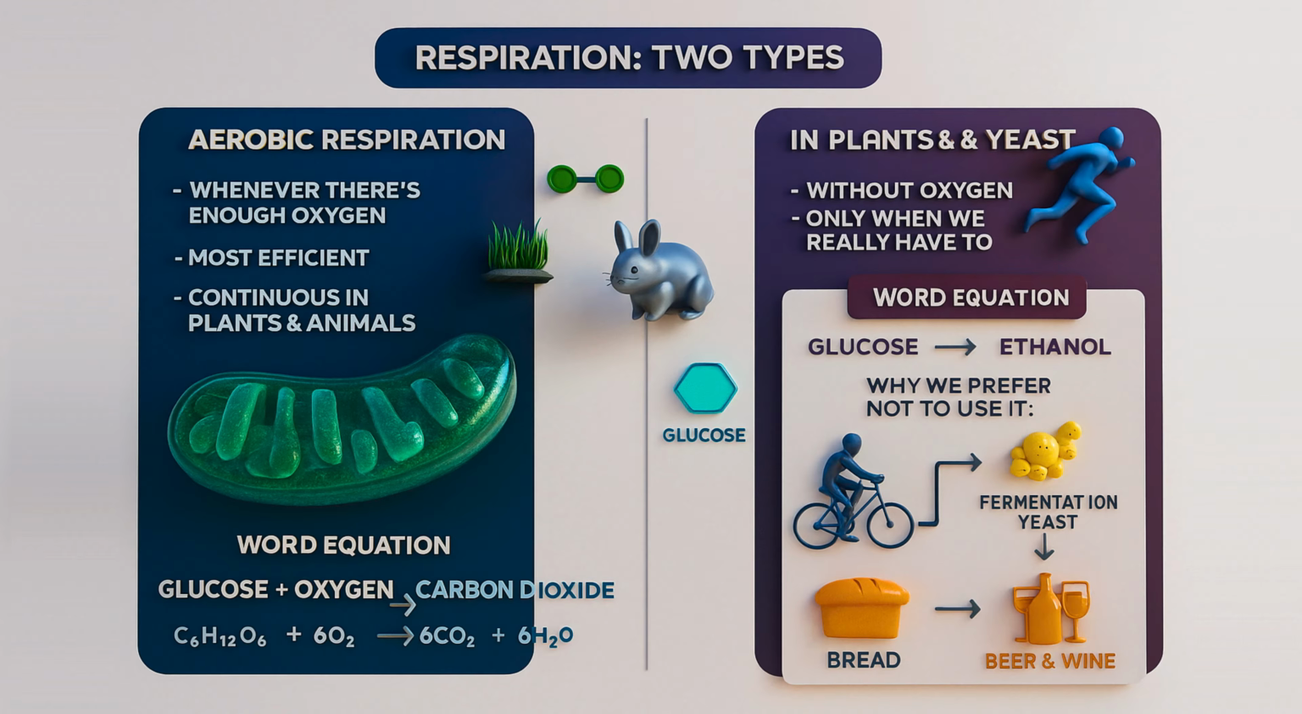Now moving on to anaerobic respiration, which is essentially respiration that takes place in the absence of oxygen. This type of respiration occurs in situations where oxygen is in short supply, such as during intense physical activity, like sprinting, when the body cannot supply enough oxygen to the tissues to meet the demands of the more efficient aerobic respiration in human beings. The word equation for anaerobic respiration is glucose produces lactic acid,